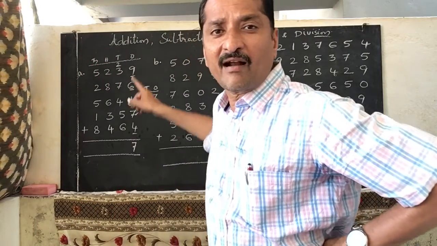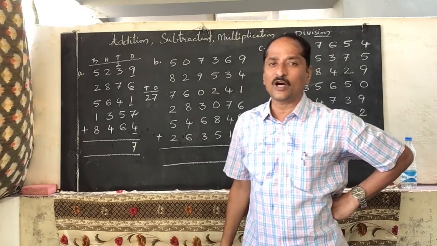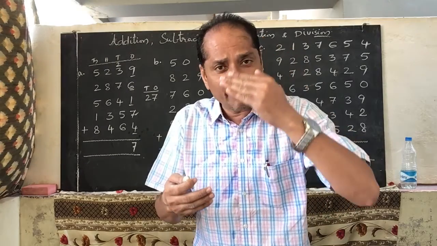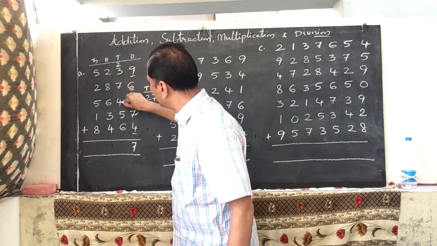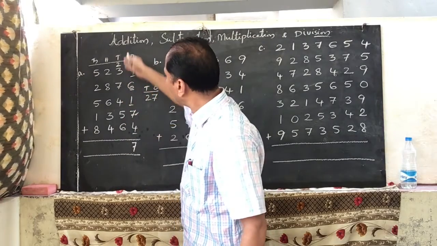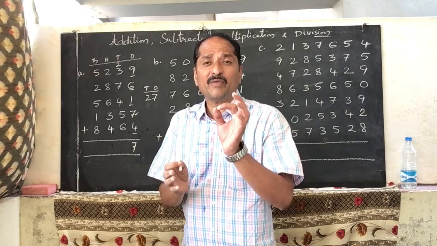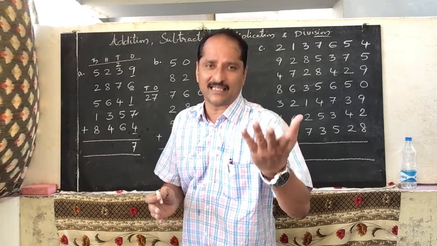Now we have to add all the tens place digits. If you add the tens place digits, you will get a number of tens. How many tens are there? 2 tens, 3 tens, 7 tens, 4 tens, 5 tens, 6 tens. Now add all these tens. If you are adding these tens, remember carefully which 2 numbers add up to 10. That you have to check.